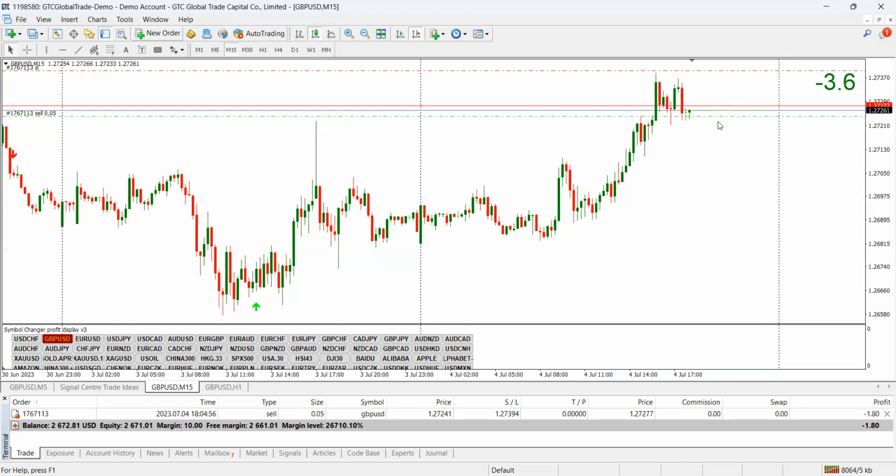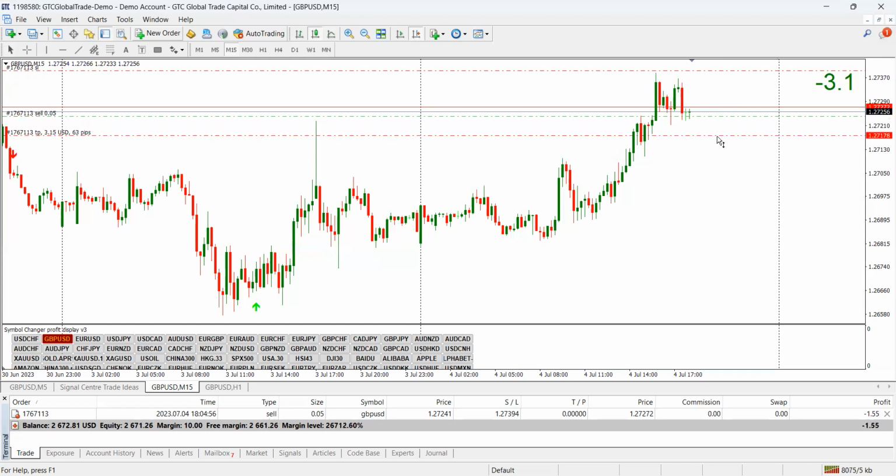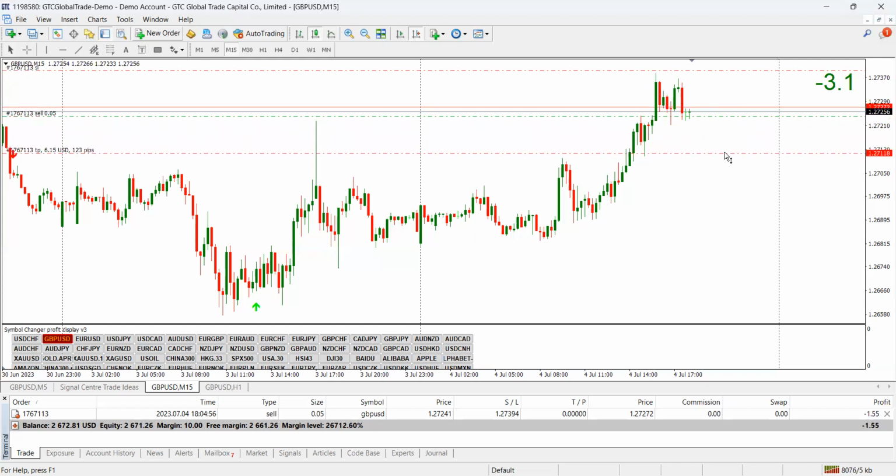Now let us set the take profit. Setting the take profit is also easy. You just click on this and modify. So you drag it downward. You can see you drag this downward. If I bring it down to this support level, and I release my hand,